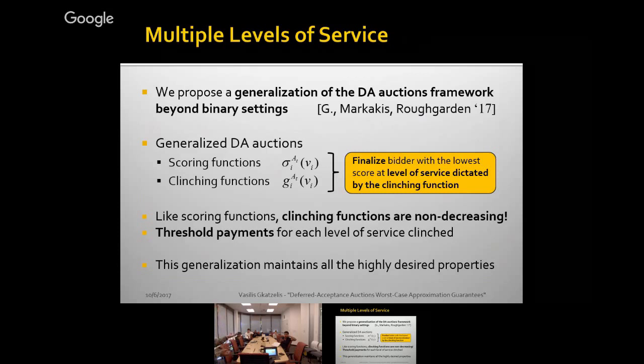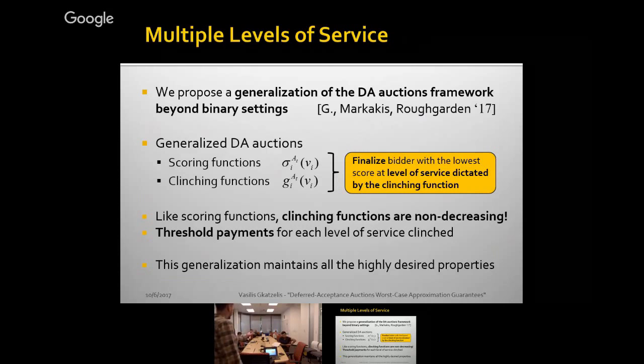Single-minded is binary. So I'm saying let's go beyond that. Let's think of AdWords auctions. In terms of bidding, like single parameter, you mean? Single. What is it? A single parameter. Okay. Yes. So in that paper, I'm not going to mention it, we have a multi-parameter setting in multi-unit auctions where you may have decreasing marginals and so on. But yes, the standard setting is just like in AdWords auctions, right?